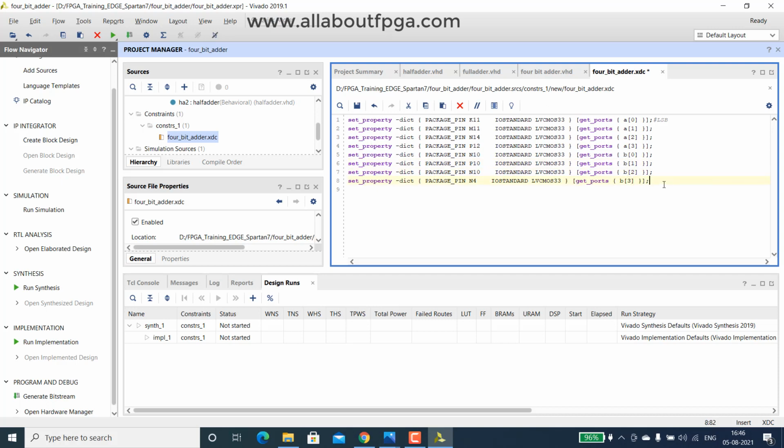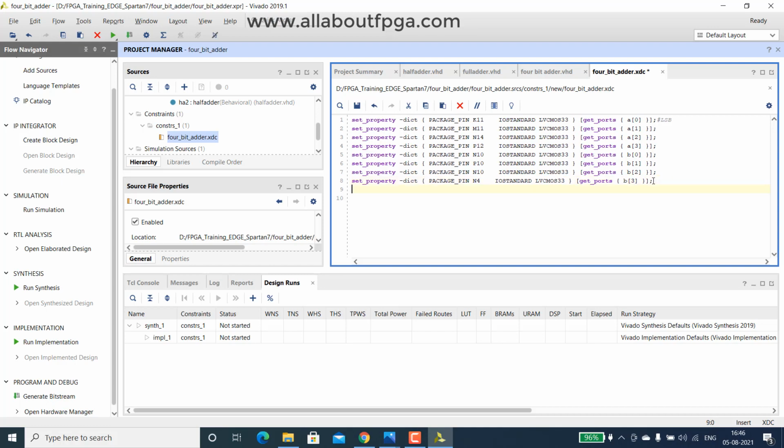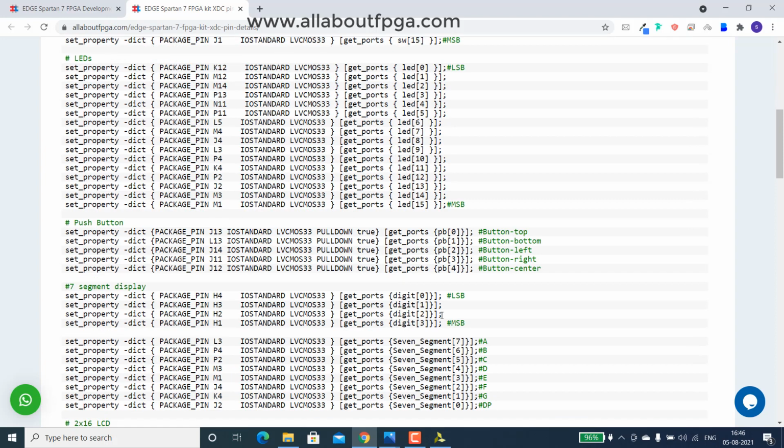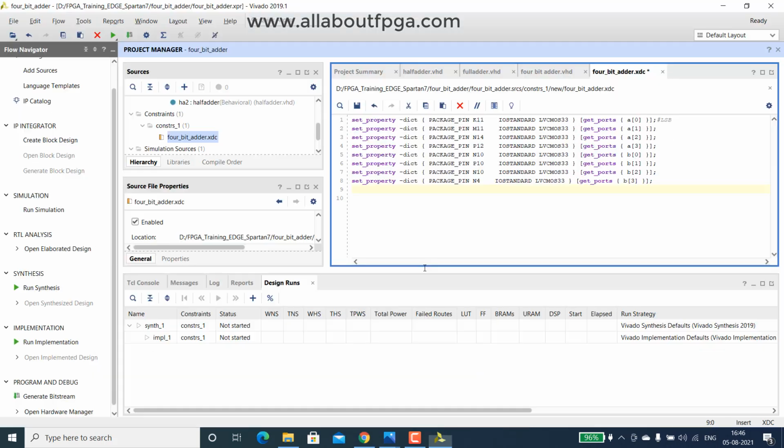The next thing would be, we can either assign the slide switch for carry in, or we can assign the push button as well. So I am assigning that center push button to this one. This was assigned as C in, carry in.